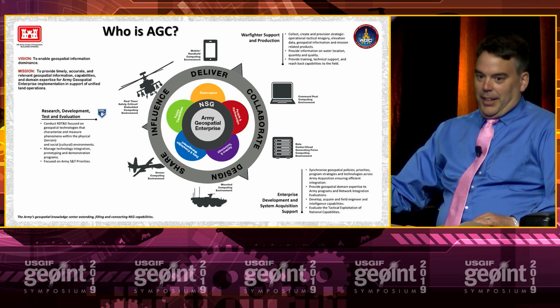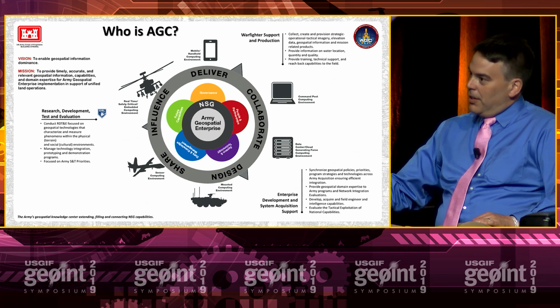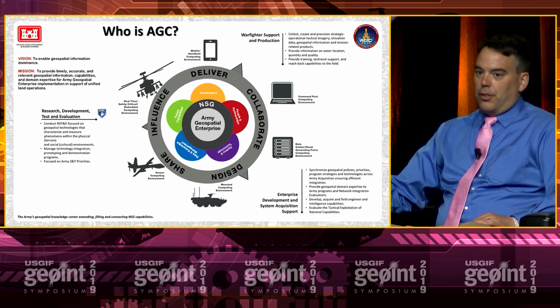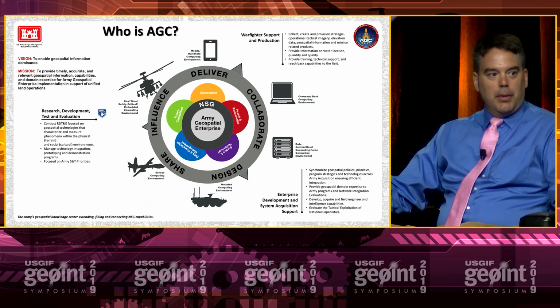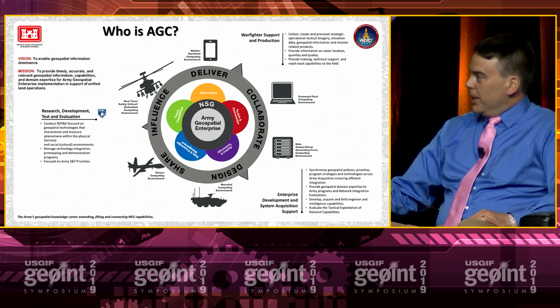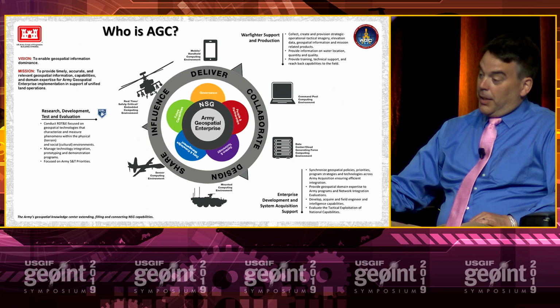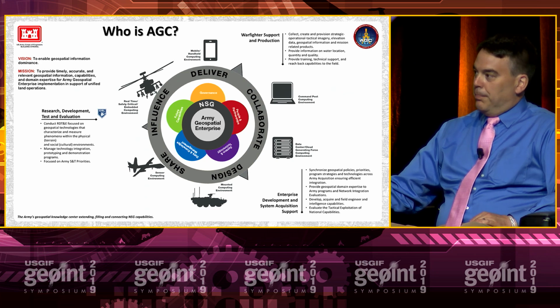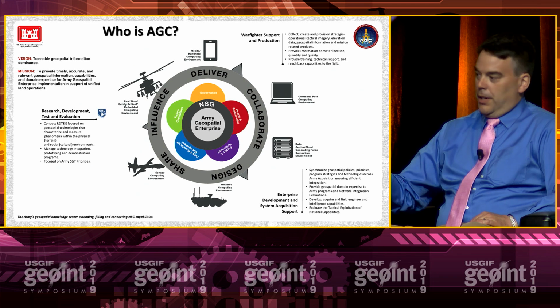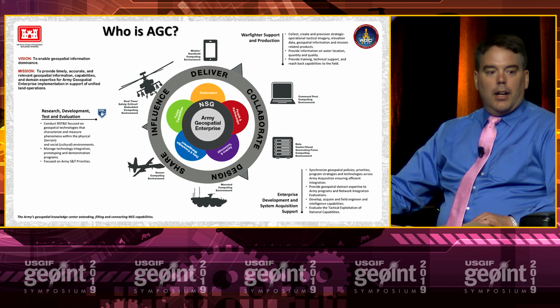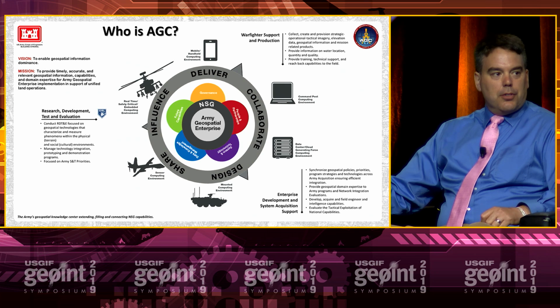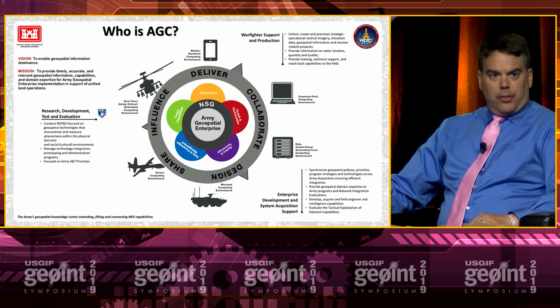So I get the enviable position of hearing and seeing all of the technology and things that are possible at conferences like this, and then there's a part of my mind that says, yeah, but we've got really old technology. In some cases, we have really bad or non-existent networks, and we're trying to field capability like this in a very difficult environment. If you're not familiar with the Army Geospatial Center, it's located in Alexandria, Virginia.